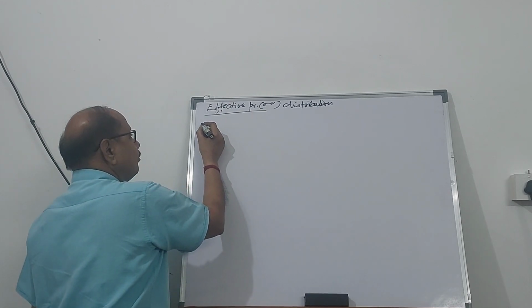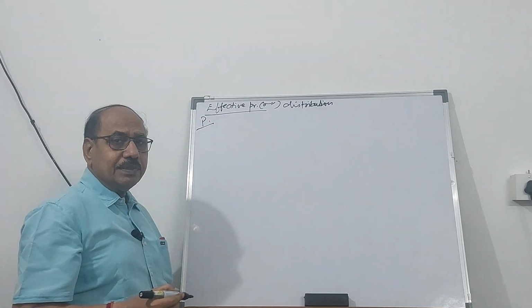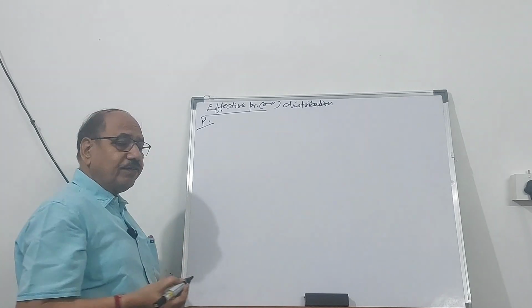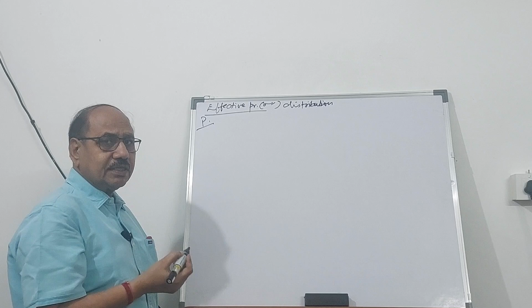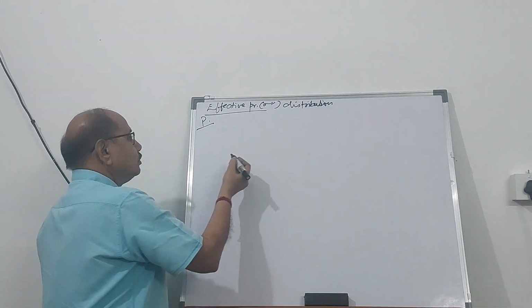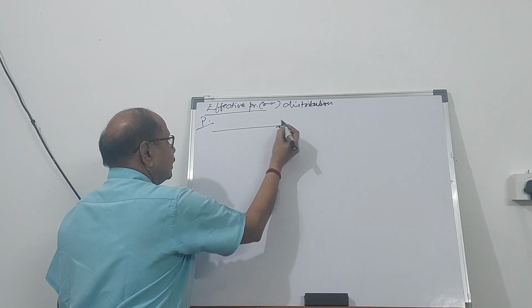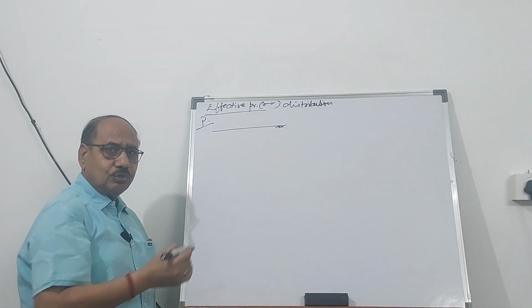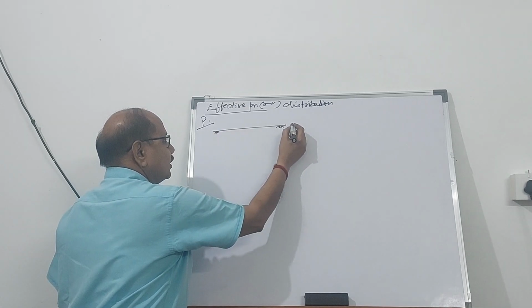Let's take one example. Such examples are often asked in GATE and other public service commission examinations. So it is the ground situation. I will show you with the help of a figure. This is the ground level,